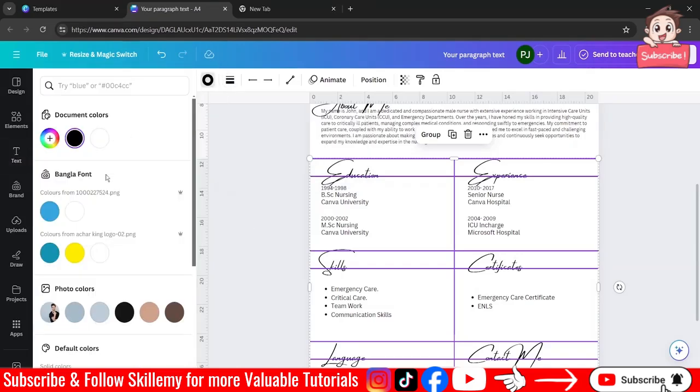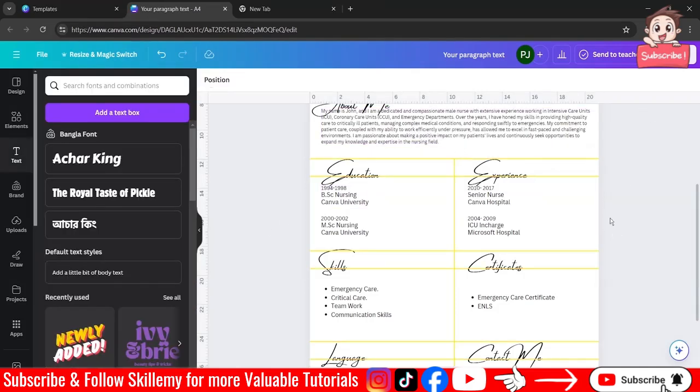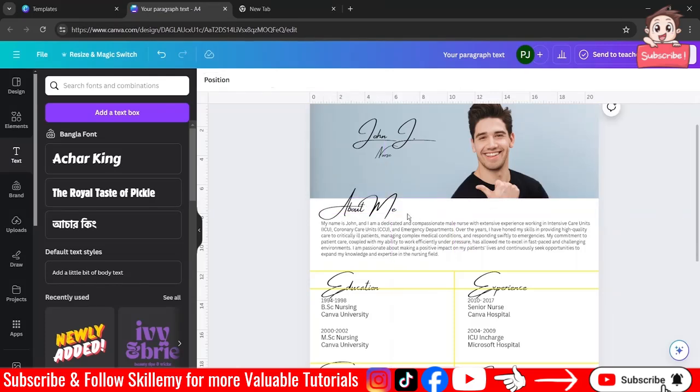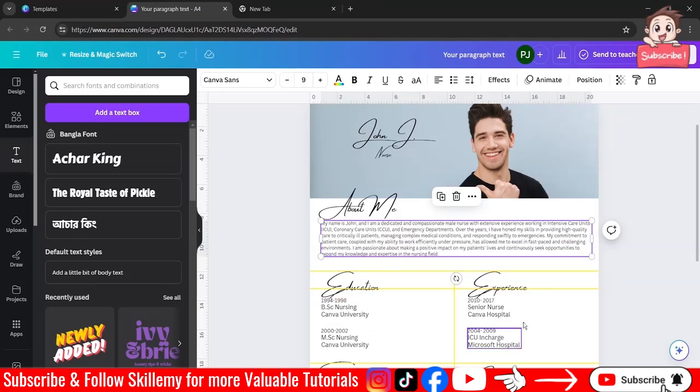Let's change the color of the line as yellow. And I'll just adjust this one over here with the photo, so it should look good. And this also you can just change.